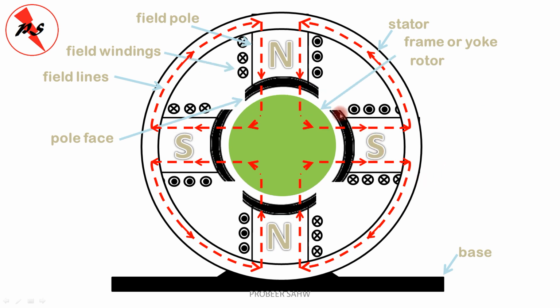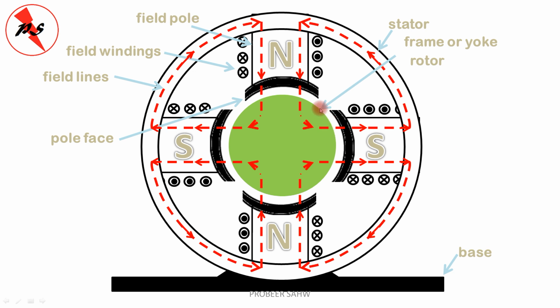So we see that now instead of having a flat profile of the field poles, we have somewhat circular or arc type shape of the field pole face. Now the air gap is uniform everywhere. Again, do remember that for representation purpose only and for analysis purpose only, I am showing this much gap between the field poles and the rotor, whereas in an actual machine this air gap is very minimum, in fact very minimum.